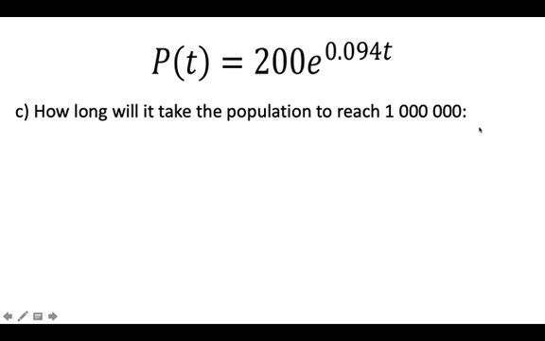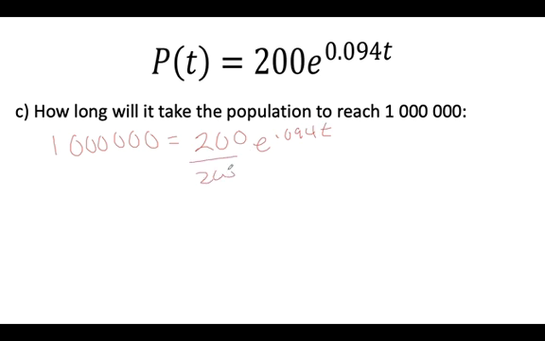And a little more interesting, how long would it take the population to reach 1 million? So same idea here. We're just going to plug in 1 million for our value of the population. 1,000,000 is equal to our initial value, 200, times e to our exponent, 0.094t. Obviously step 1, divide both sides by 200. Divide by 200, divides out. Grab your calculator. 1 million divided by 200 is 5,000 equals